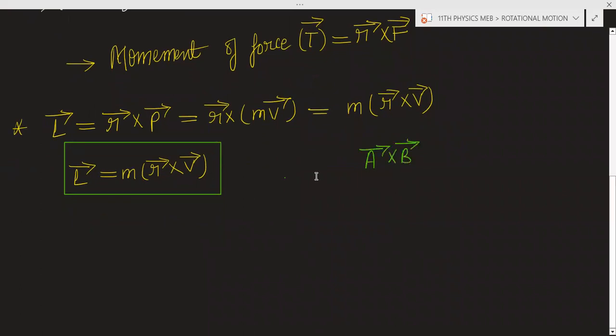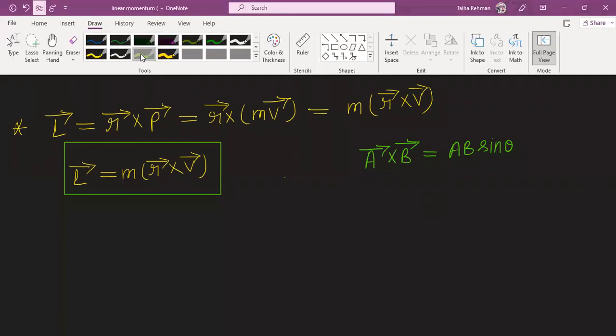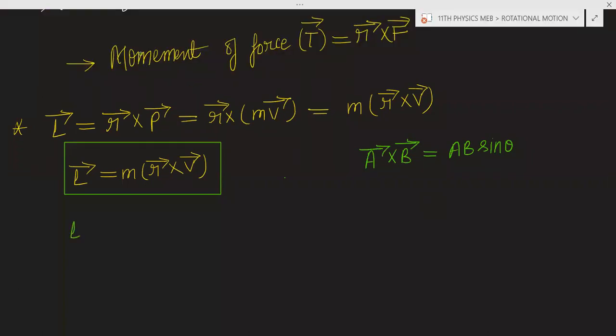Now I told you that if I am writing A vector cross B vector, it means one vector cross another vector. So it can be written as AB sine theta and n cap also. But I'm talking about the magnitude, so that is why I'm avoiding n cap. So A cross B can be written as AB sine theta. In the same way, when you will open this L vector, this will be M